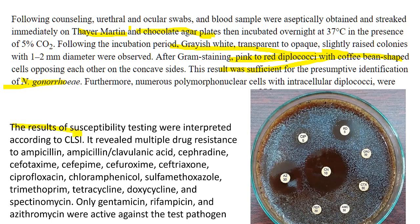What do they do after they grow the pathogen? They try and see what antibiotics it's susceptible to, and surprise, the person has multiple drug resistance with the pathogens. You can see this is the antibiotic disk susceptibility, and many of the antibiotics were found to be not effective against the pathogen, including ampicillin, cefotaxime, ceftriaxone. Yes? It's not that serious,